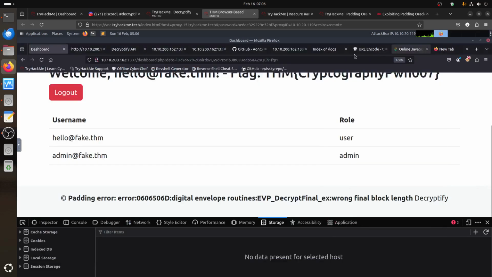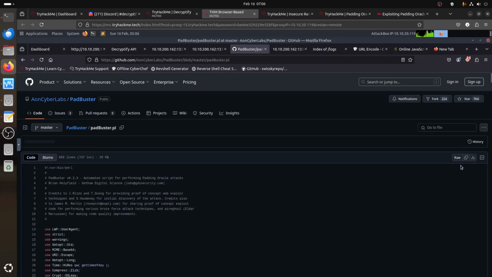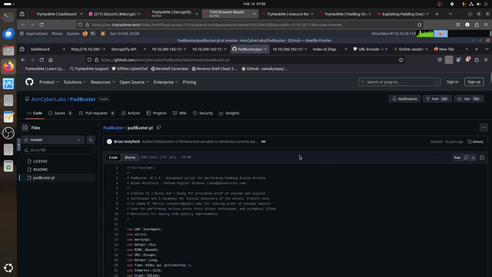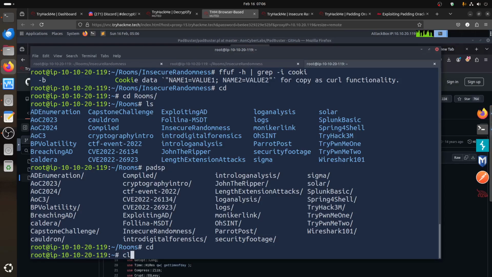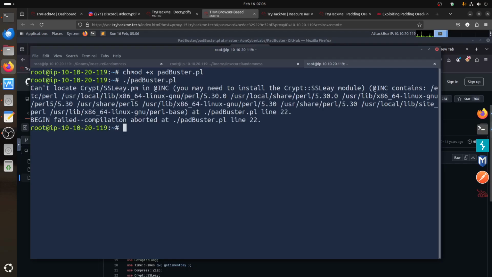And if I go to pad, there's no pad things. PadBuster. PadBuster, if I go to, where is it? It's a 14 years old friend of ours. So if it's a Perl script, if I download it now, it's still running. You can still work with it. One thing, if you try to run it, it tells you this error and you're looking for a certain library. I'm root already, but in your machine you can say sudo apt install this missing library